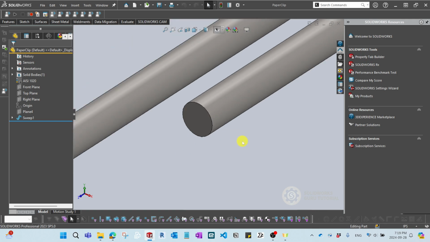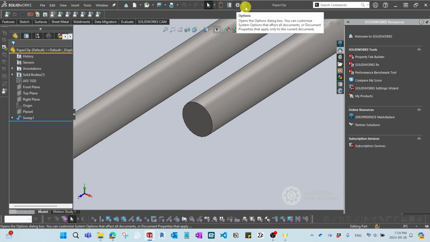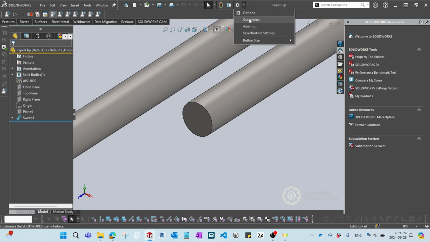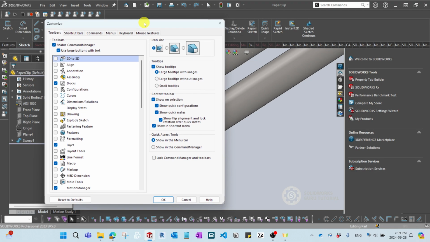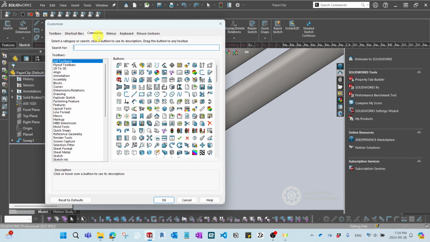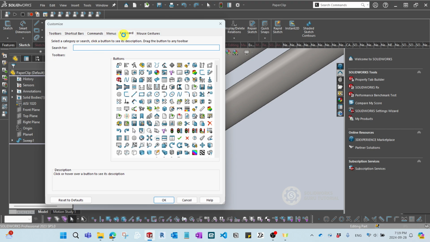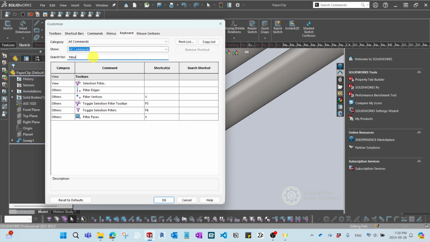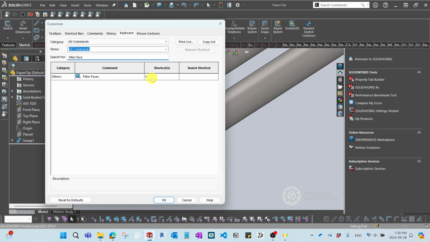If you're not a user who uses filter face at all, and sometimes you don't want to mistakenly click X and activate the filter faces, then the way you can completely detach from that keyboard shortcut is to go to the down arrow right beside the option, and there's a customize. I just want you to go to the keyboard, and then you can go to filter face, and there the shortcut X is currently set, so you can delete it and then click